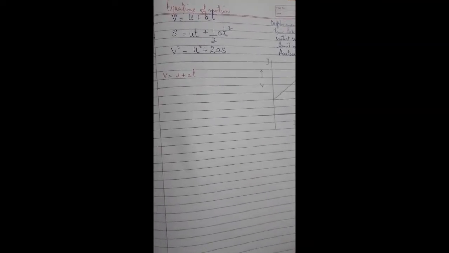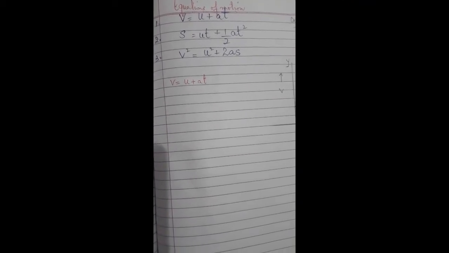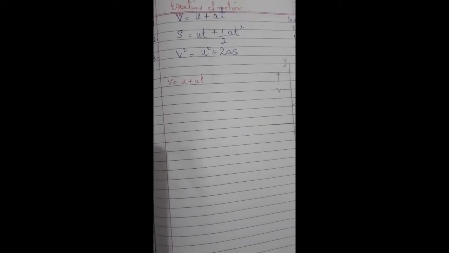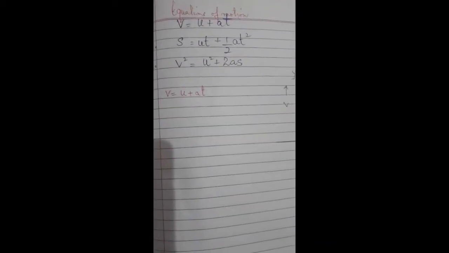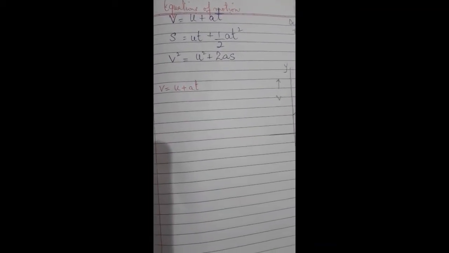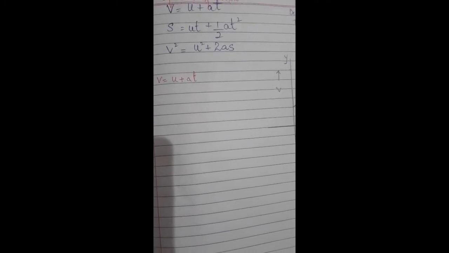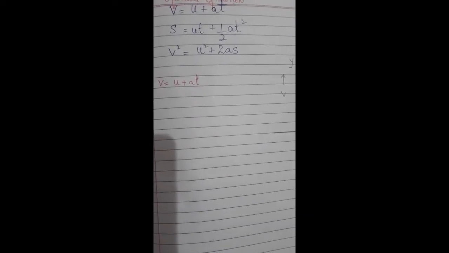Now today we will talk about the equations of motion. What are the equations of motion? Basically, these are the set of three equations which relate some of the quantities which describe the motion of an object. So, on the basis of whatever we have studied so far, what did you observe? What are the quantities that you need to describe the motion of an object? Well, the quantities are